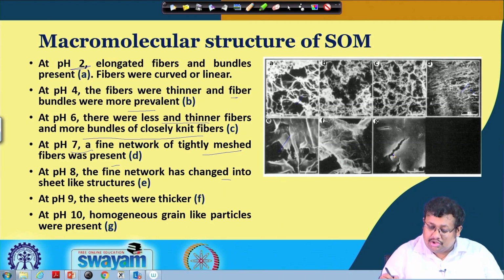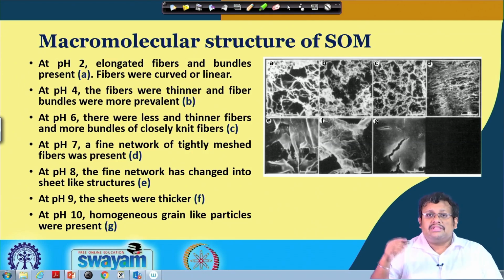10, which is shown by this picture, at pH 10 homogeneous grain-like particles were present. As you can see, these are homogeneous grain-like particles in this electron microscopic view of the soil organic matter. So, this is how the changes of pH basically determine the macromolecular structure of soil organic